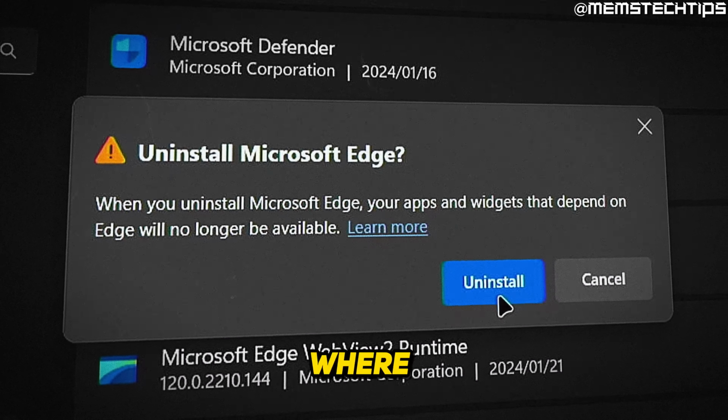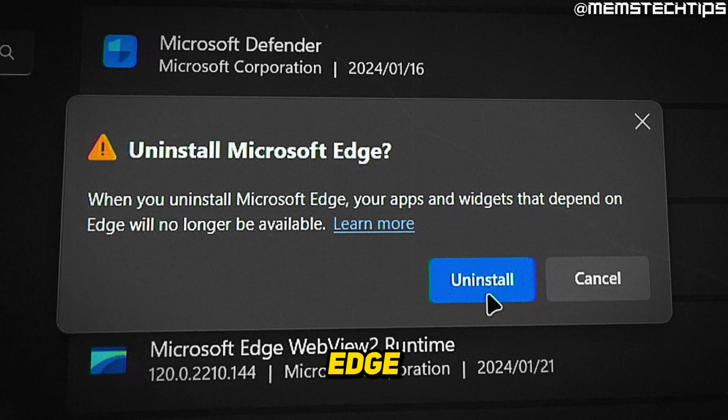Welcome to this quick guide where I'm going to show you how to uninstall Microsoft Edge from Windows 10 and